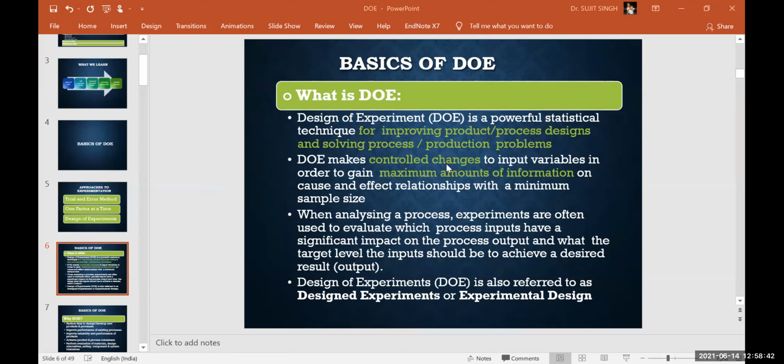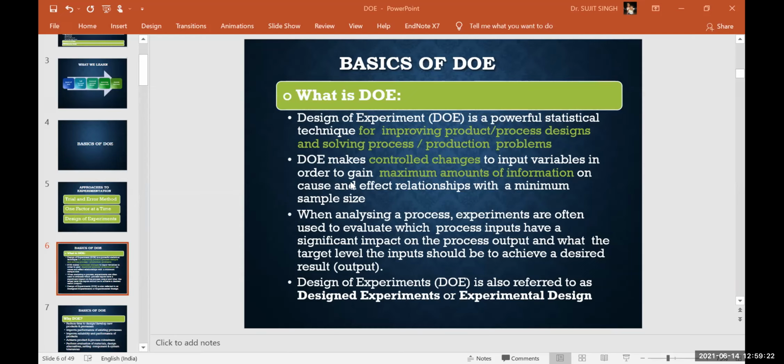For example, if the input factor is the speed, you should know how many speeds are available there. You should not choose a speed that is beyond the capability of the machine. So you should know the technical capability, the technical feasibility. Only on those speeds can you perform your experiment. So this controlled change of the input variable is decided by many factors: what is feasible there?